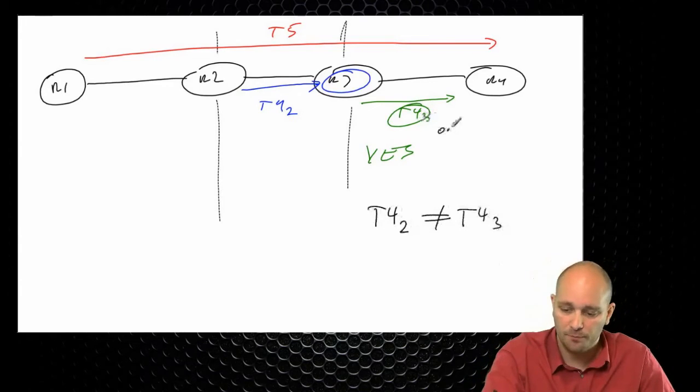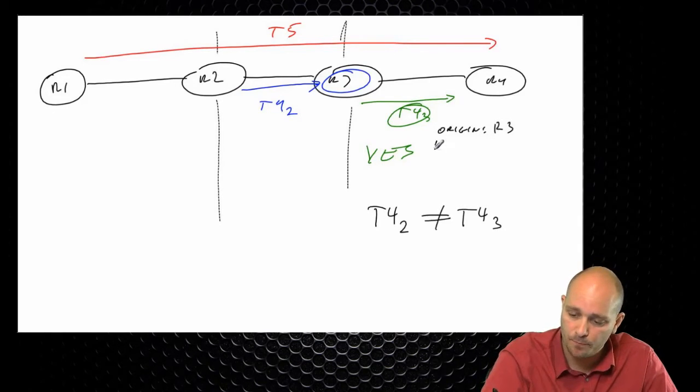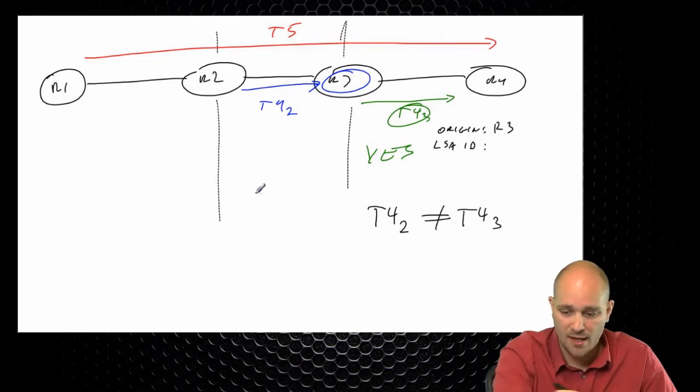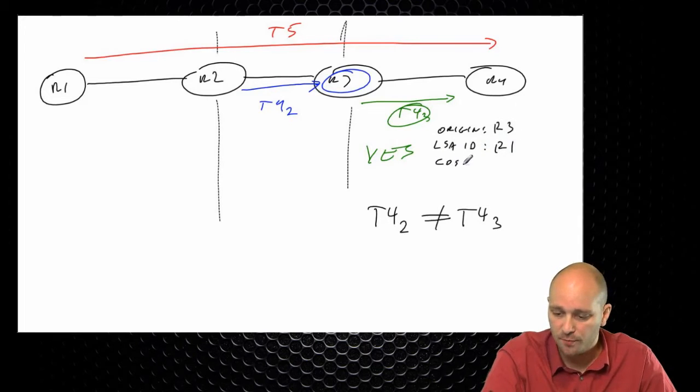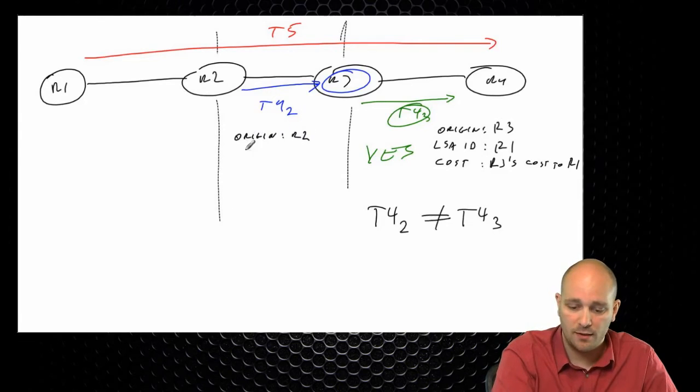The originating router here will be R3. The content will be the router ID of R1. So the LSA ID will be R1, and the cost would be R3's cost to R1. And the information here would be that the origin is R2, the LSA ID will be R1, because